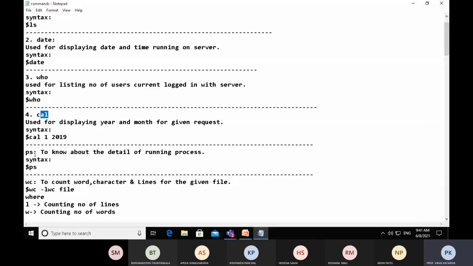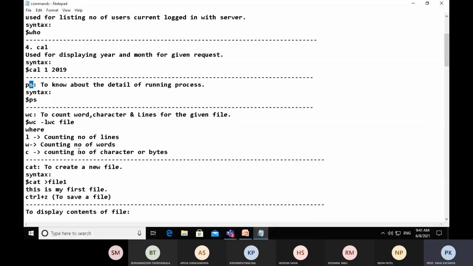Now in this session we will cover some more commands, like ps, which is the process status command. If any user wants to know how many processes are currently running by the operating system and by the user, ps will help us identify the total number of processes currently running on the Linux server and users.